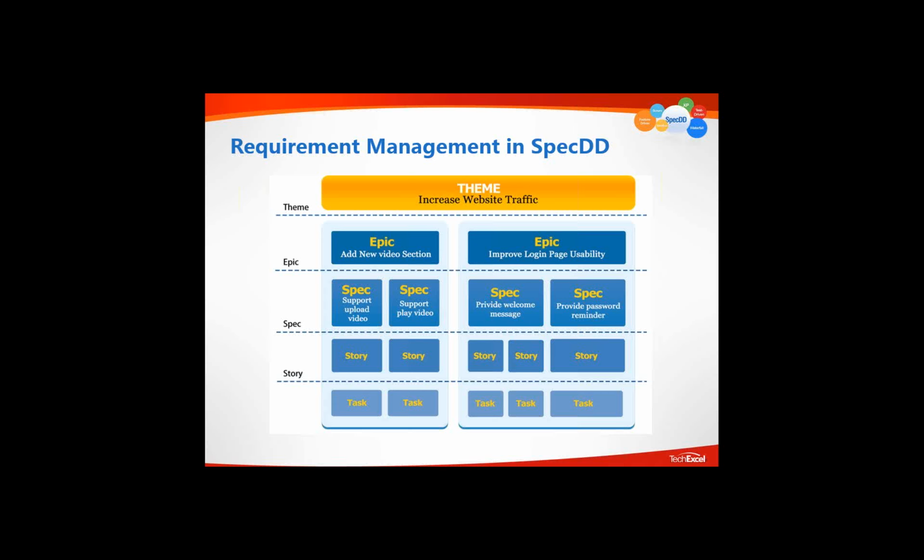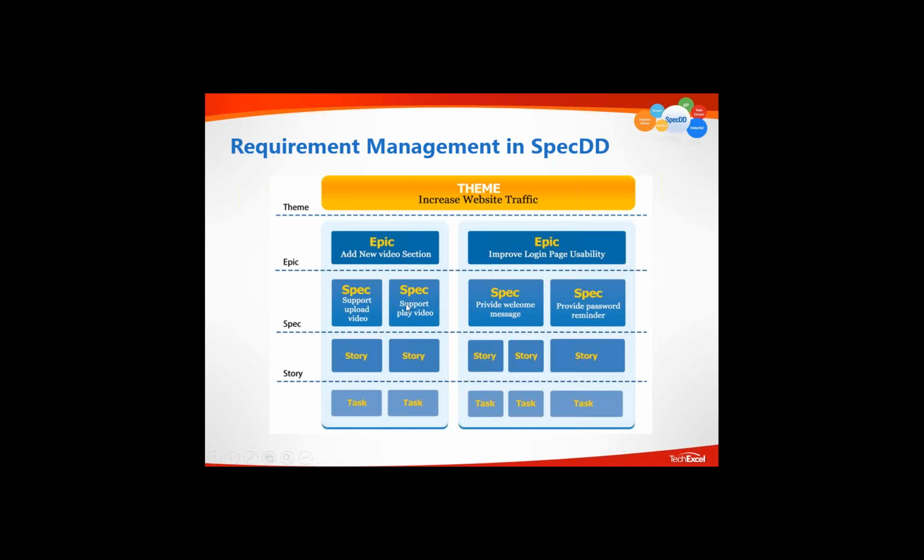At the end of a sprint, most likely the development team cannot finish the work, so they have to keep delaying the assignment to the next sprint and to the next sprint. That just does not work for creating a self-driving team. Instead, we use spec to break them down. An epic can be broken into many, many specs. Hopefully each spec is about 3 days big, at most 5 days, no more than 5 days, I would say.